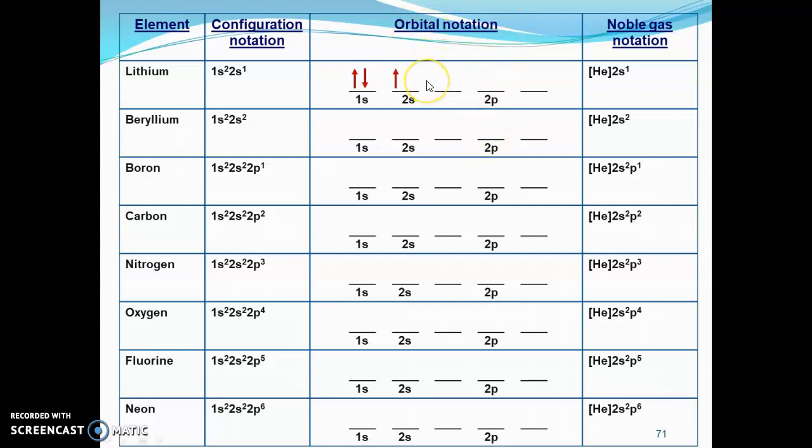We're going to do all of the second row on the periodic table. Okay, so here's lithium, and here's beryllium with one more electron. So it's like, why didn't we put it in that? Well, 2p is separate from 2s. The 2p orbitals are at a higher energy level, so 2s will fill in first. And then when you fill in these 2p's,